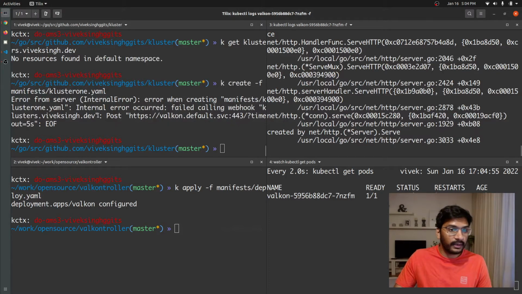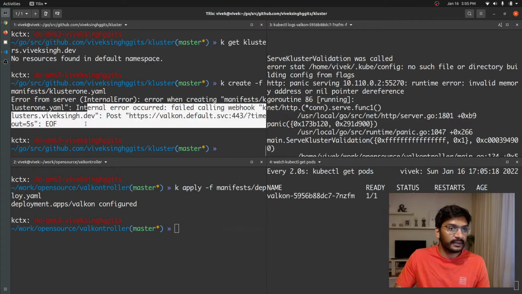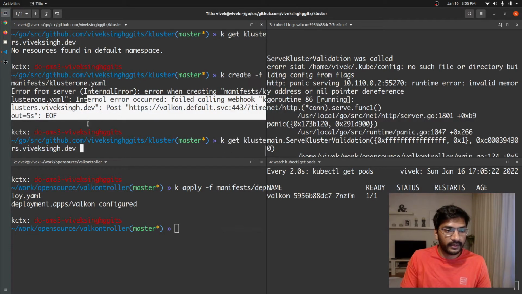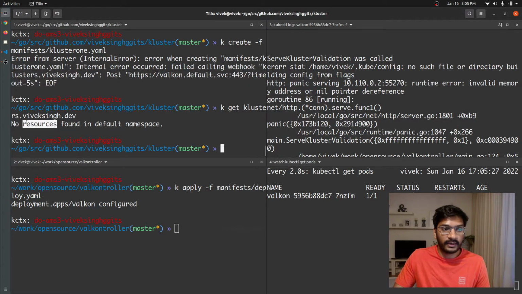But for example, now that we have our validation webhook controller, the validating webhook controller failed, and that is the reason the request would not be allowed to move further. And if we try to get all the cluster resources,